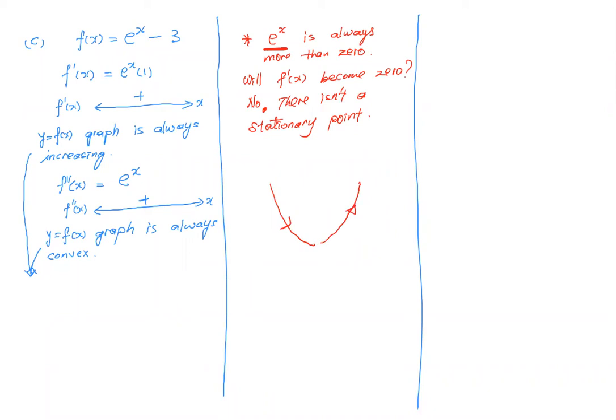Which one, the one on the left or the one on the right? The one on the right. Yes. So in conclusion, I say y equal to f(x) is always increasing